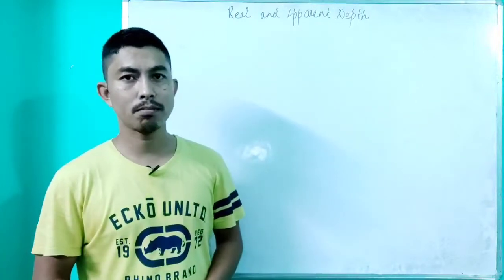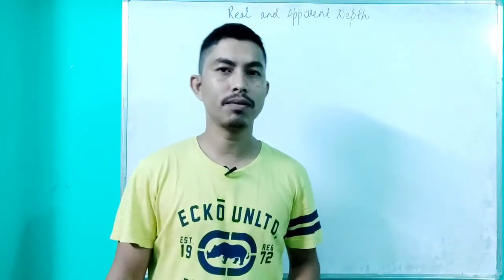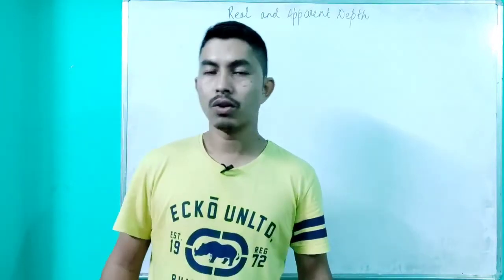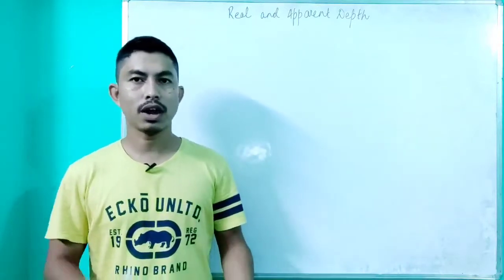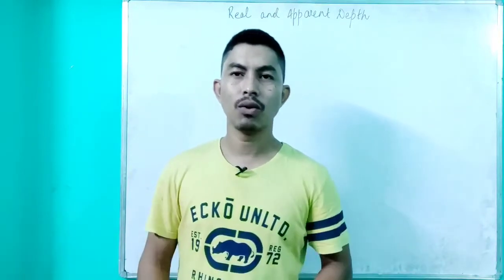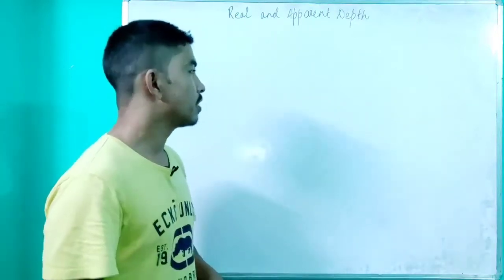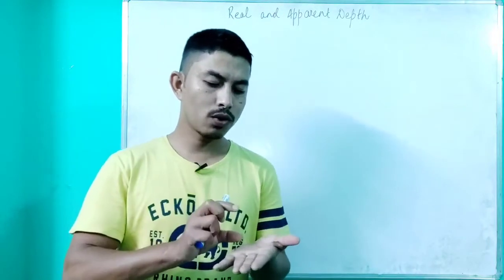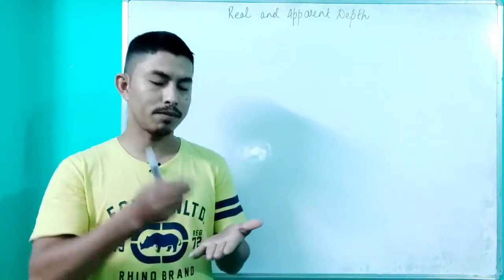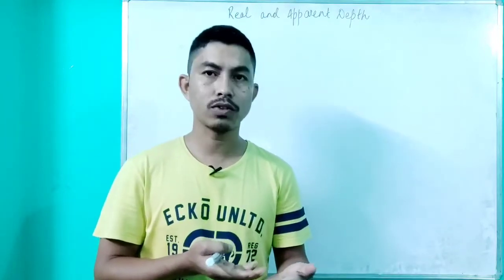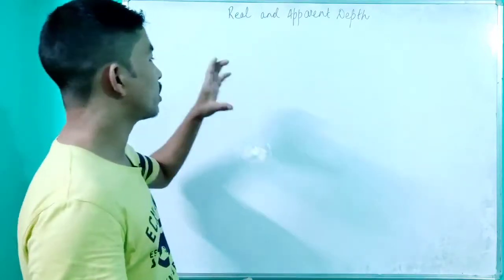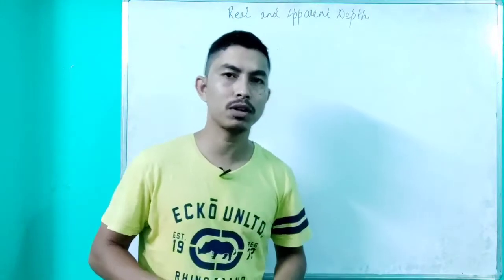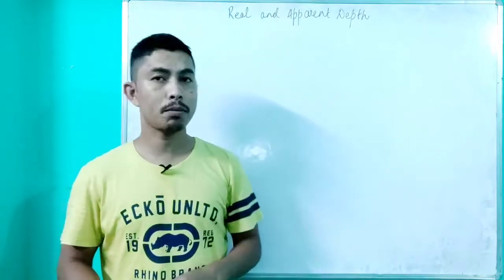All of you must have been in a swimming pool or at least in clear river water. Whenever we are inside river water or a swimming pool, and we look at our feet, we see that our feet look shorter than what they actually are. In the same way, if you observe the text written in your book through a paper weight or a glass slab, you will see that the alphabets or the words appear to rise upward. Whatever is the actual depth is known as the real depth, and whatever appears when viewed from the other medium is known as the apparent depth.